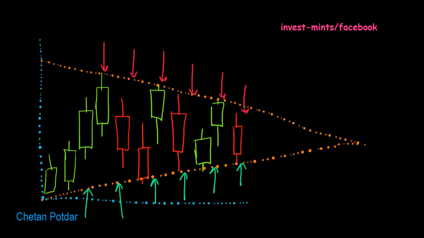So now what is happening in a triangle formation? What is happening is that this is where the bulls are, this is where the bears are, this is a huge buying pressure, and as the buying pressure goes on increasing, it is not a steady buying pressure, but bulls are getting more and more eager, buyers are getting more and more eager. So because they are getting more and more eager, they are increasing the price steadily. They feel that they are not going to get the price at this level anymore, so they need to